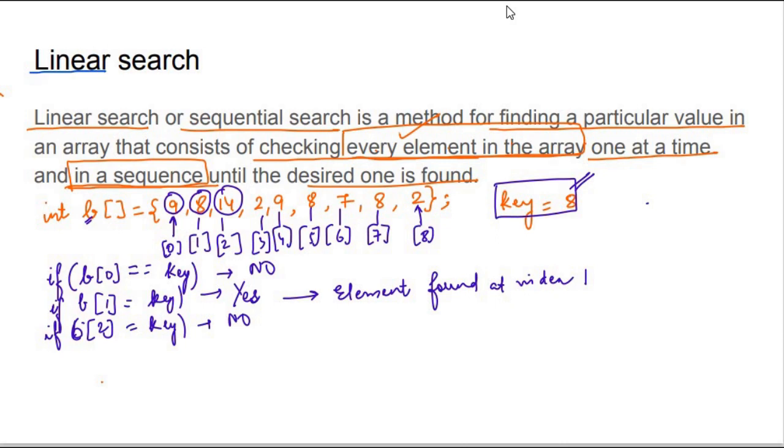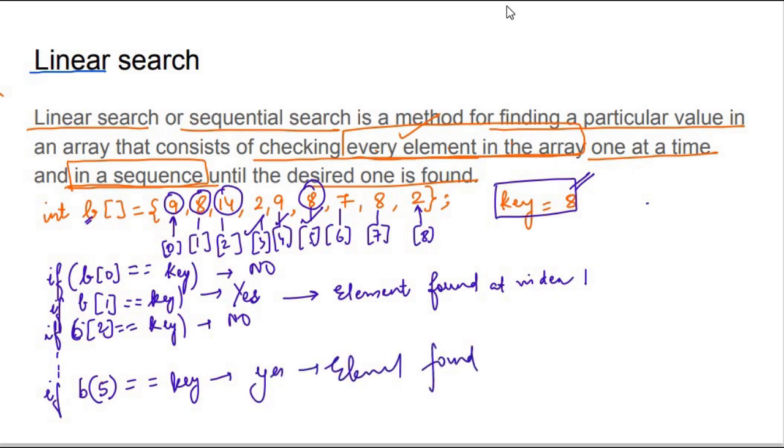In a similar manner, the search continues for B3, B4. When it comes to B5, the search element is present. If B5 is equal to key, the answer is yes, so an output will be printed: element found at index 5, because at index 5 we again have an 8.